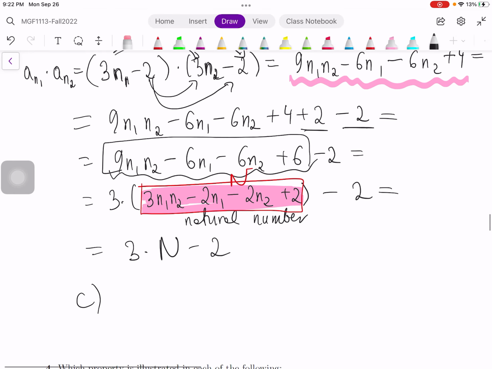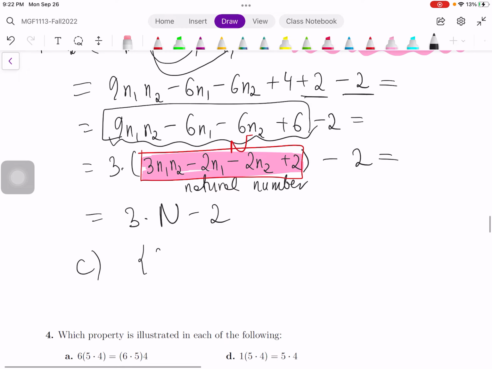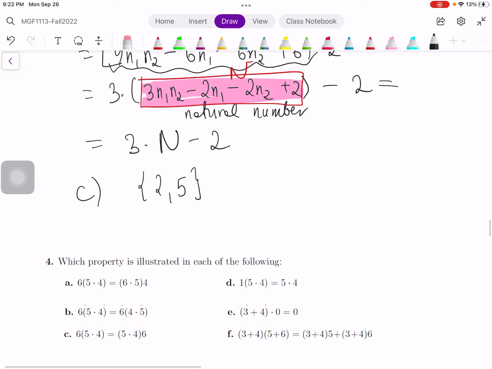Two and 5, that's a set. You have a set that contains 2 and 5. And immediately I see, if I take 2 times 5, that's going to be 10, and 10 is not part of the set, so this set is not closed